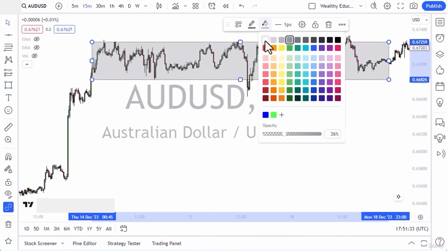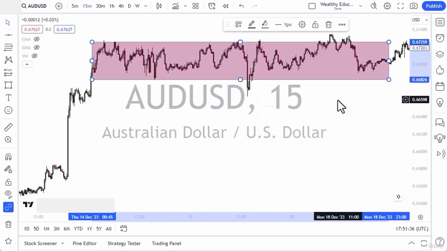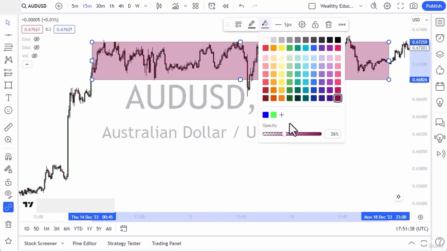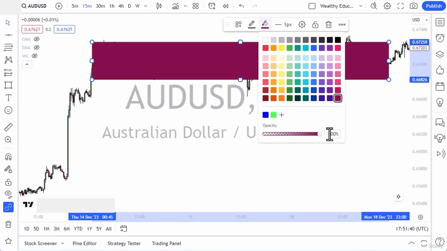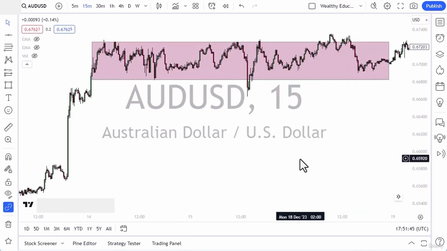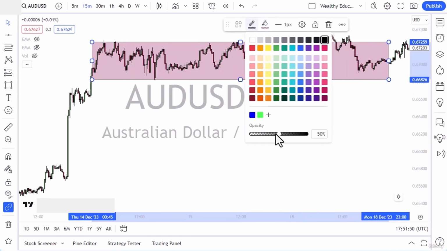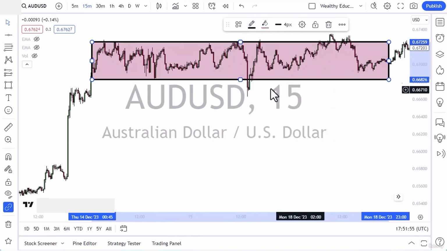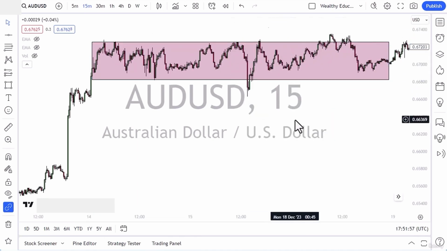There is a fill color. It doesn't have to be colored, or it could be really dark. You can change the opacity to the point where it blocks everything out, or as light as you want. You can change the outer barrier as well. So let's make that really dark, and let's make it 4 picks, and you can see how the box really comes to life. So rectangles are just something that you use to determine buy and sell areas